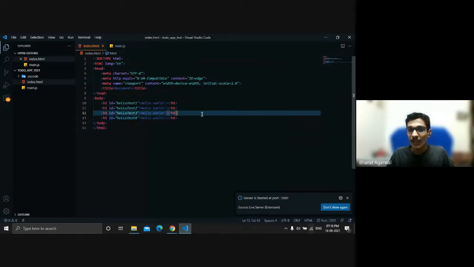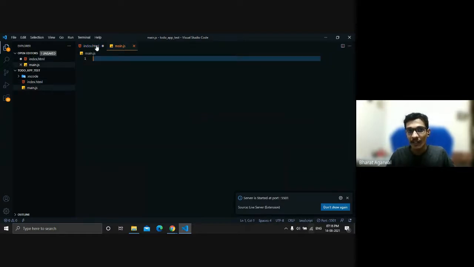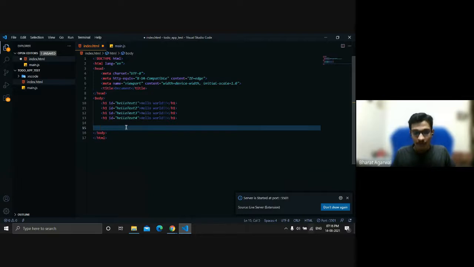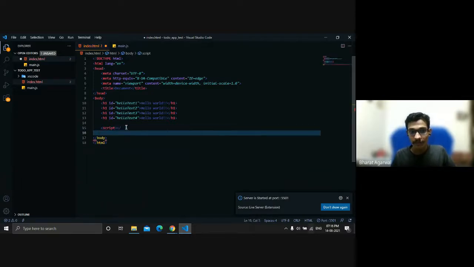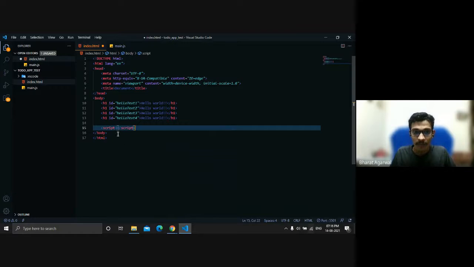So before going ahead with that, let's attach this JS file with our HTML file. What we can do is have a script tag, and we have src, and now we have to give the path of this file.